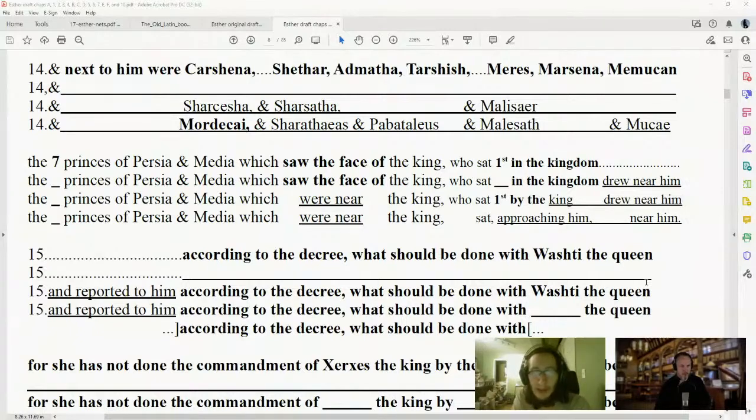But clearly, the other versions did not know how to properly render the names. They did not do a good job at all. So 100% of the time in the Book of Esther, the Septuagint butchers the names. It's just really bad. So when it comes to names, don't trust the Septuagint. That's what we can see by this evidence,